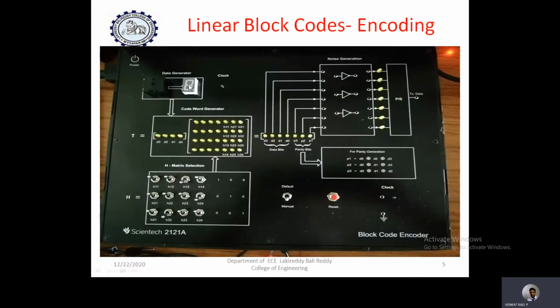The corresponding binary data for that particular decimal number is displayed here, and this is considered as the message vector, and this message vector is multiplied with the generator matrix. This generator matrix is created by default in this particular designer kit. After matrix multiplication, we will observe the encoded output, which is nothing but the output code word for the linear block code.